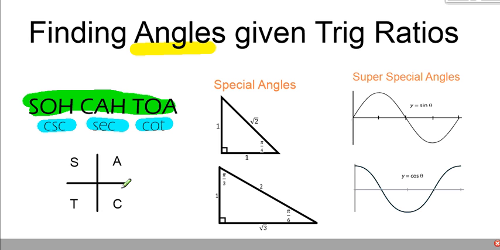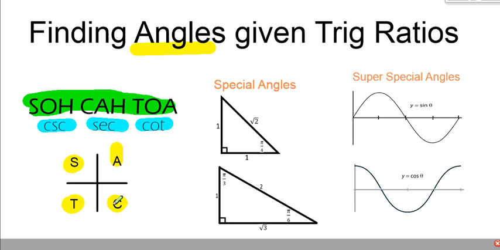What else do we need to know? Well, we need to know the cast rule. The cast rule is simply a way of reminding ourselves that within the 4 quadrants in which a terminal arm can lie, different trig ratios will have different polarities, meaning positive or negative. In the first quadrant, all of the ratios are positive, and then in the second quadrant, only sine and its reciprocal are positive. In the third quadrant, only tan is positive, and in quadrant 4,